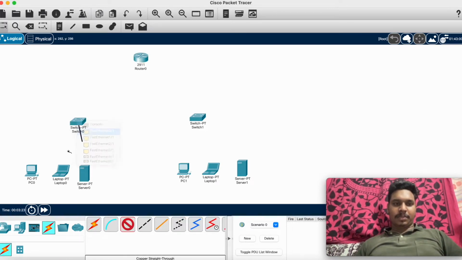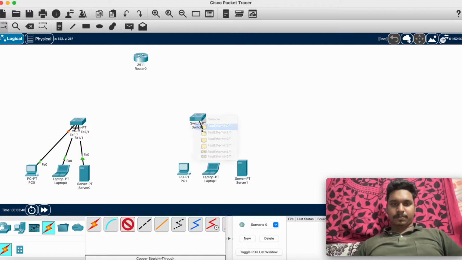So let me give fast ether here, fast ether. So we need to connect this with fast ether everywhere.